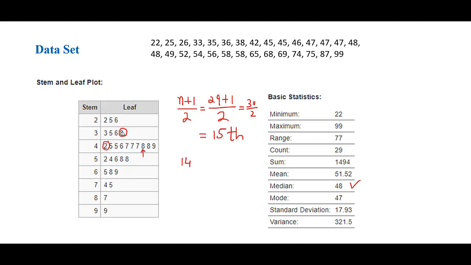And those two values are 42 and 38. Now we'll take the average of these two numbers. That will give us the median of this lower portion, and this median of the lower portion is basically the lower quartile, called Q1, and Q1 is 40.